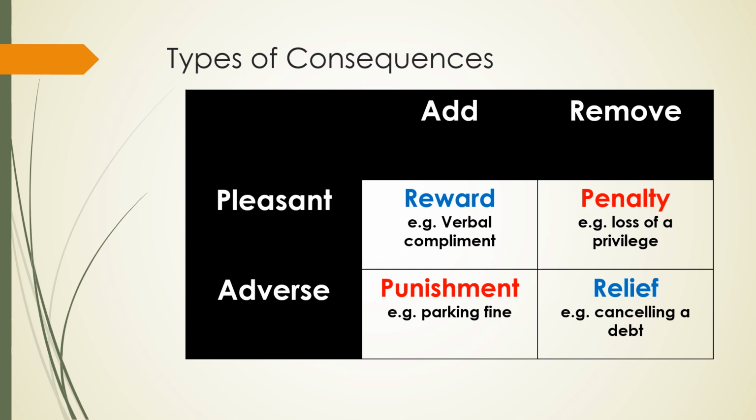Consequences are a major tool for modifying behaviour, and it's important to understand the 4 types of outcomes. 2 are reinforcing and 2 are discouraging. The 2 reinforcing are reward, which is adding something positive, such as a verbal compliment, and the other reinforcing one is relief, which is removing something negative, such as cancelling a debt. The 2 discouraging ones are penalty, which is the loss of something positive, such as the loss of a privilege, and then the other discouraging one is punishment, or the addition of something negative, which we tend to discourage people from using,